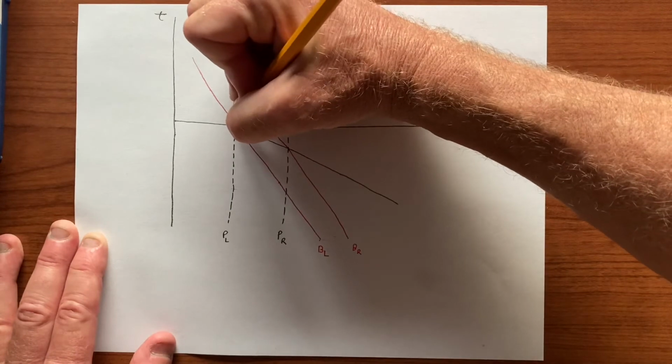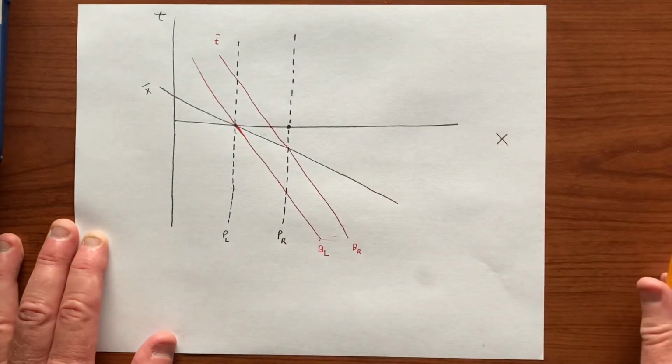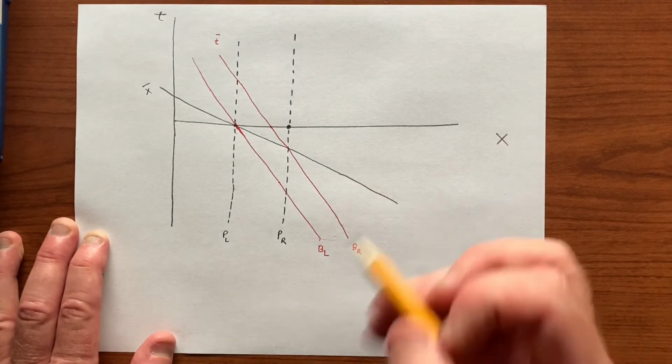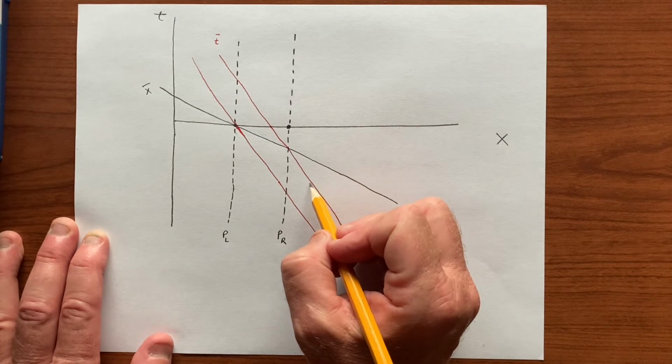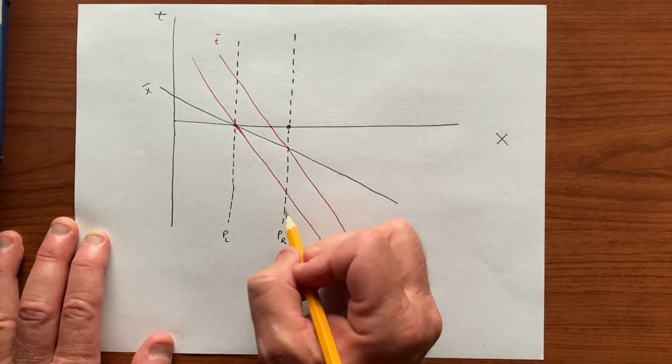So that's an x-bar slice. This is an x-bar. And so from this perspective, from the perspective of the barn, right, we see that here